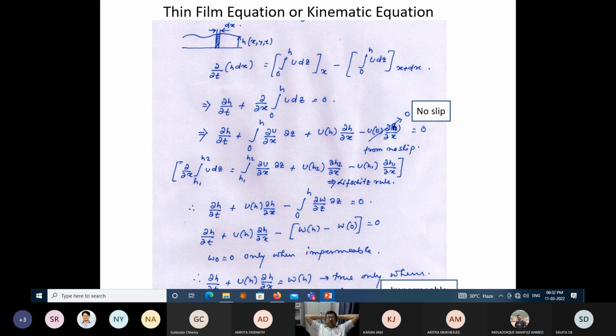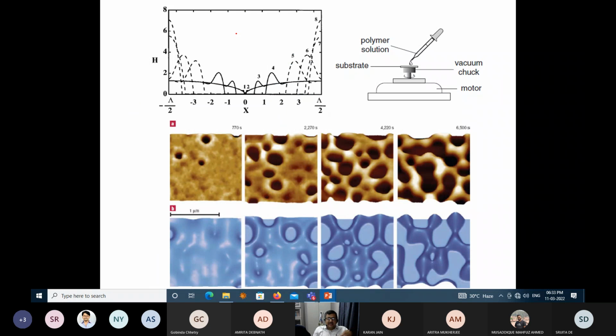Clear? So what is the change? You are asking about a location, a particular point. When I'm looking at every point here, h is a function of x and t. So if you solve the equation del h by del t plus u del h by del x equal to w_h, then you are able to get the contour of this. And essentially you are doing it here, right? You are tracking the change in the height